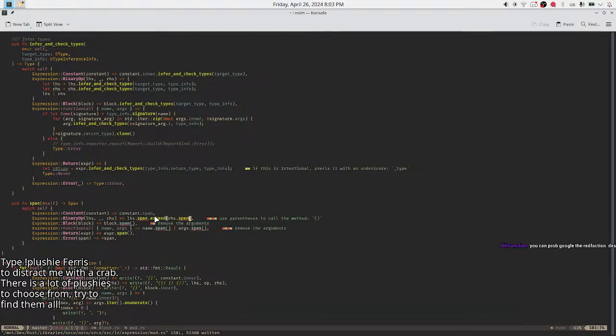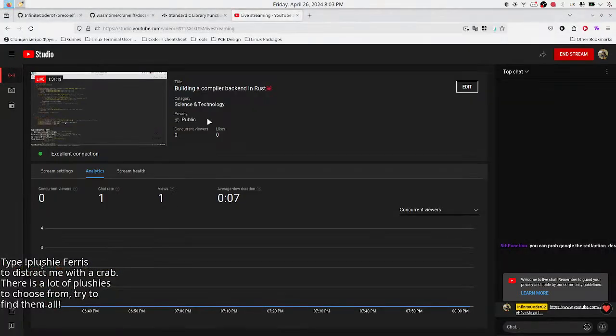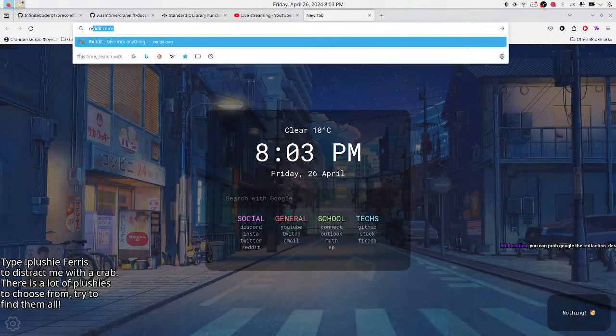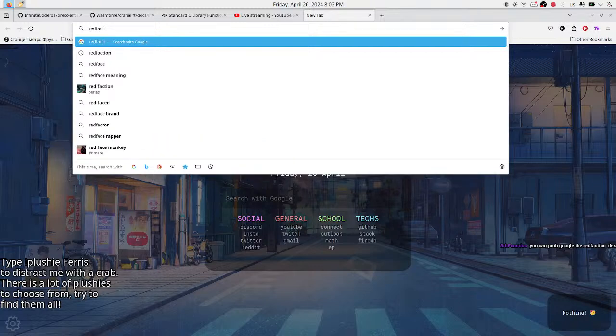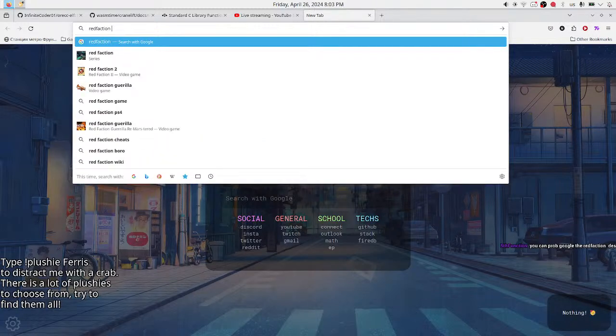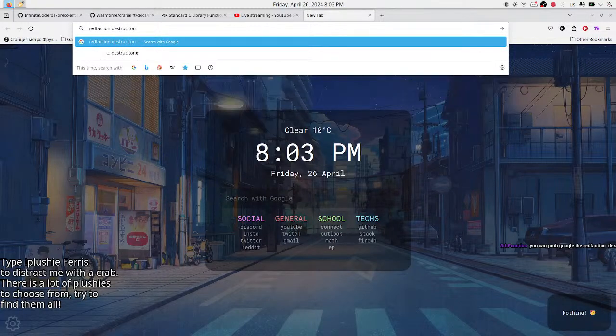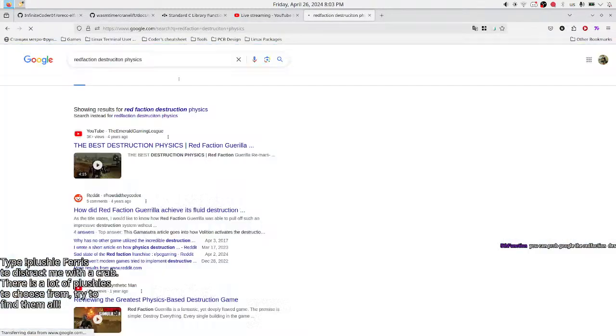You can probably Google the destruction physics. There was a test level called Greenhouse, or Glasshouse, I mean, that demoed it. Destruction physics.